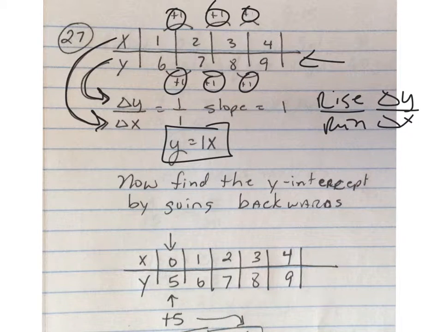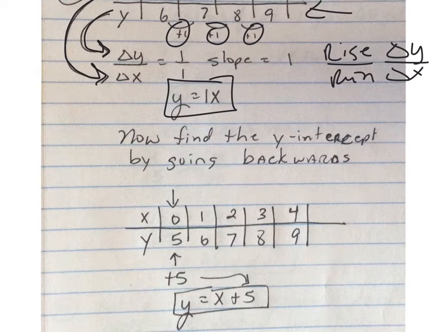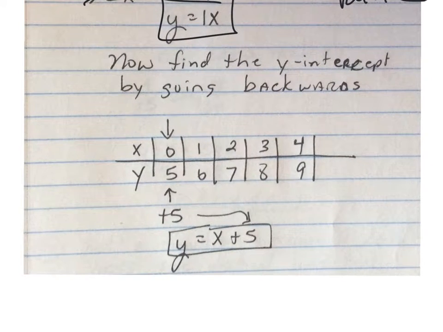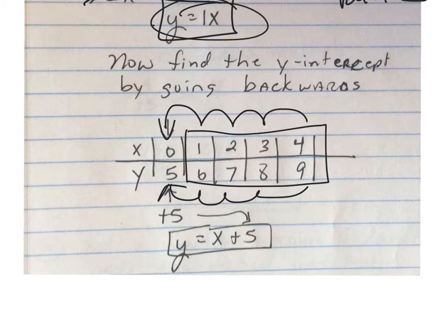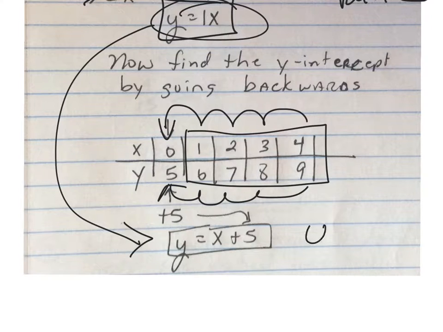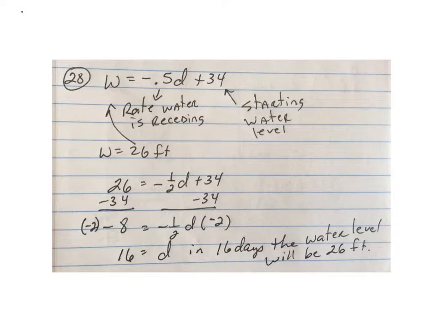Now the next thing we had to find was the y-intercept. And we do this by going backwards. So notice I wrote all numbers that they gave me. So when you go backwards, when x is 0, and you go backwards this way, your y-intercept will be 5. So since your slope is 1, bring that back down here, and you get y is equal to x plus 5. On number 28,